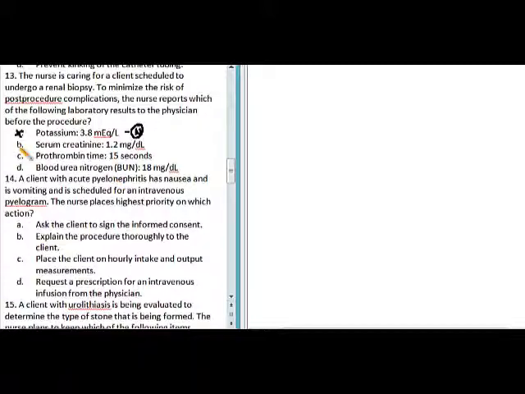Normal serum creatinine is 0.6 to 1.3. BUN? No, because that is normal. Normal BUN is 5 to 20. Answer C. Why? Because normal PT, prothrombin time, should be between 11 to 12.5 seconds. C is the answer. Next,